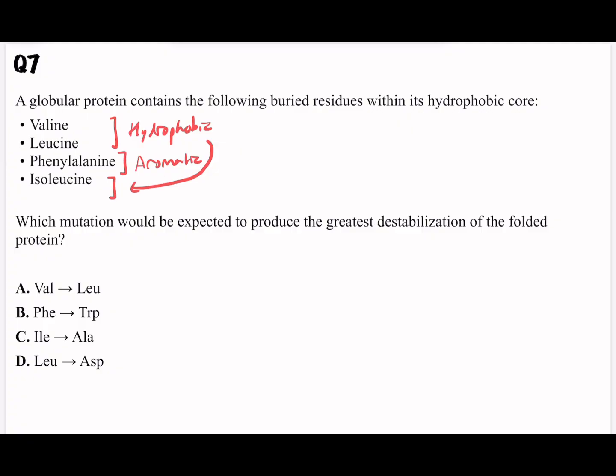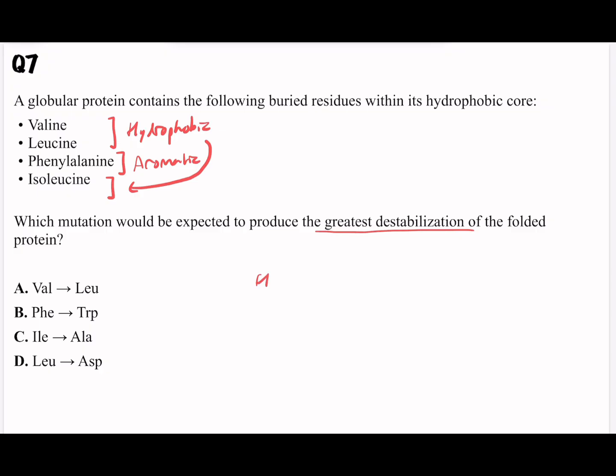It's always good with these types of questions, especially MCAT questions, to stop as you're reading something, draw something down, and get the picture straight. It'll really help you as you're moving through the questions. So let's move on. Which mutation would be expected to produce the greatest destabilization of the folded protein? If we're looking for destabilization, we don't want to replace something hydrophobic with something else hydrophobic, or something aromatic with something else aromatic. The greatest destabilization will be produced when you take something hydrophobic, for example,